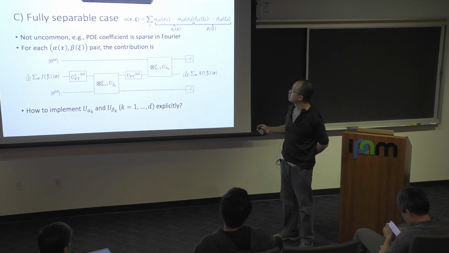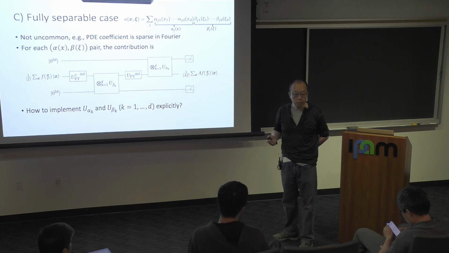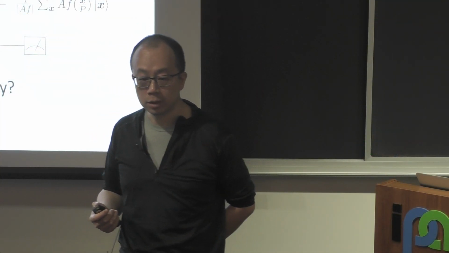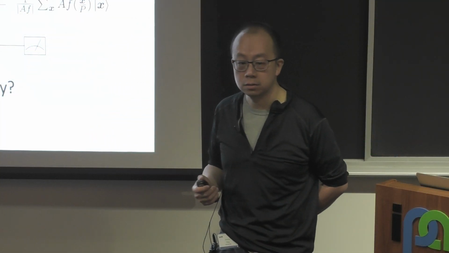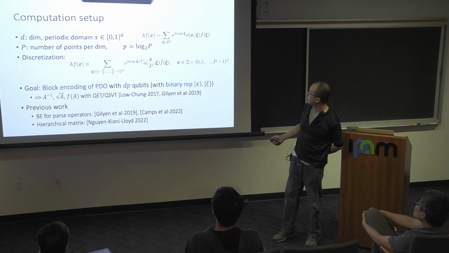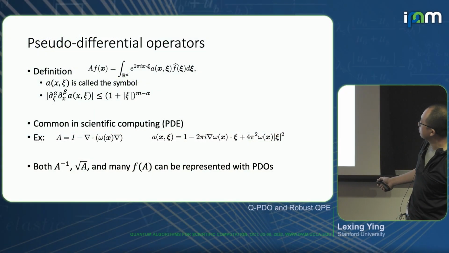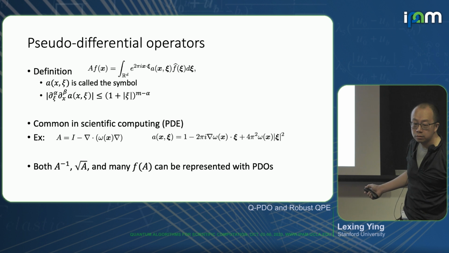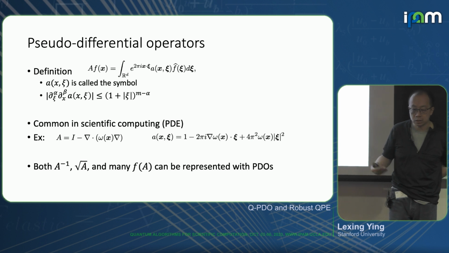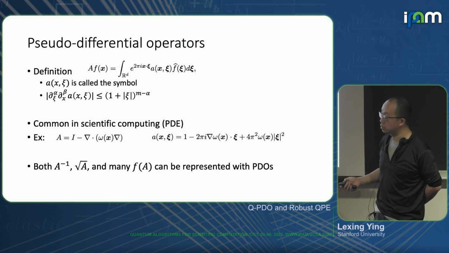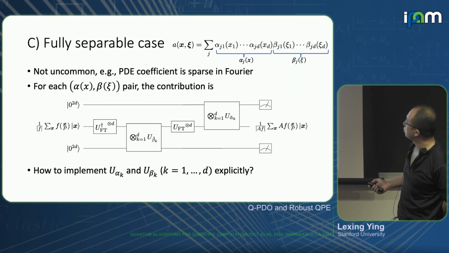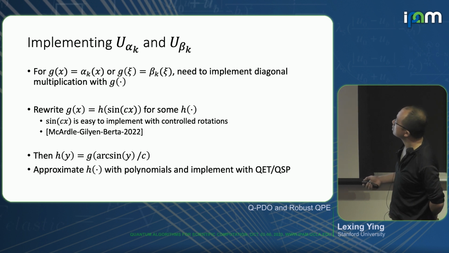What if it's full rank? Most of the good examples are not full rank. Okay, you can certainly construct a full rank example. If you give me a Gaussian random matrix, yes, it's full rank. But in most scientific computing, this is not the case. For example, the example I gave you earlier, you can see that the rank itself is just d plus 1 or d plus 2, I believe. And even to make it fully separable, you have to make certain assumptions on omega. But if you make a reasonable assumption on omega, this becomes fully separable, and the rank itself is also polynomially controlled by d. Good question. Thank you.